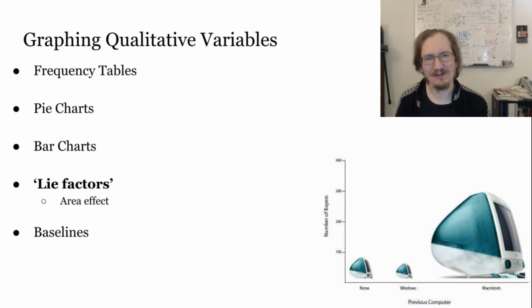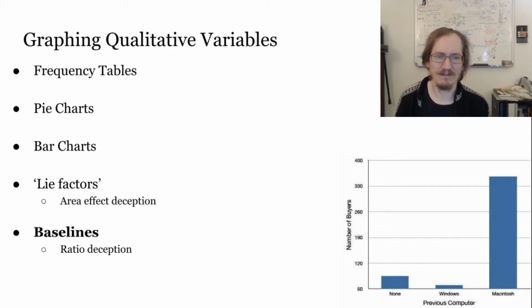And so, if you're trying to use these life factors to impress in some way, you're not really going to convey the information as accurately as possible, and it's something you just kind of want to avoid. Another way to fudge the information is changing the baseline. As you can see here, this bar